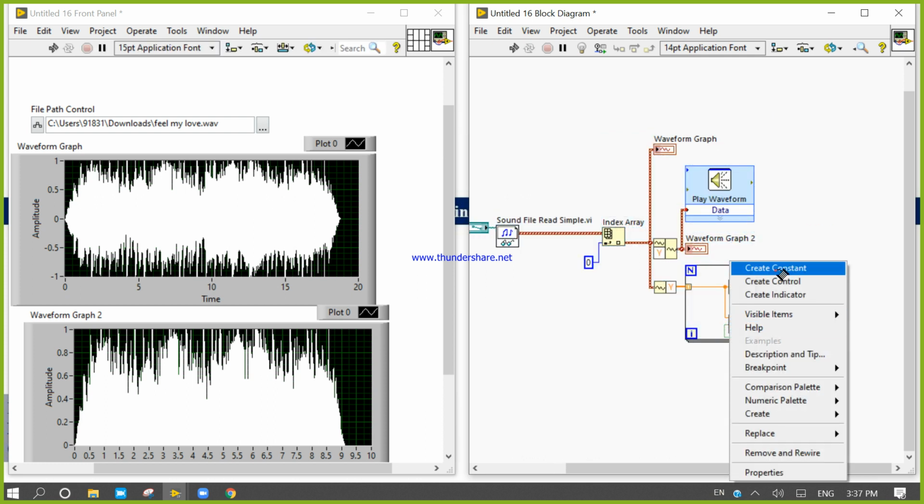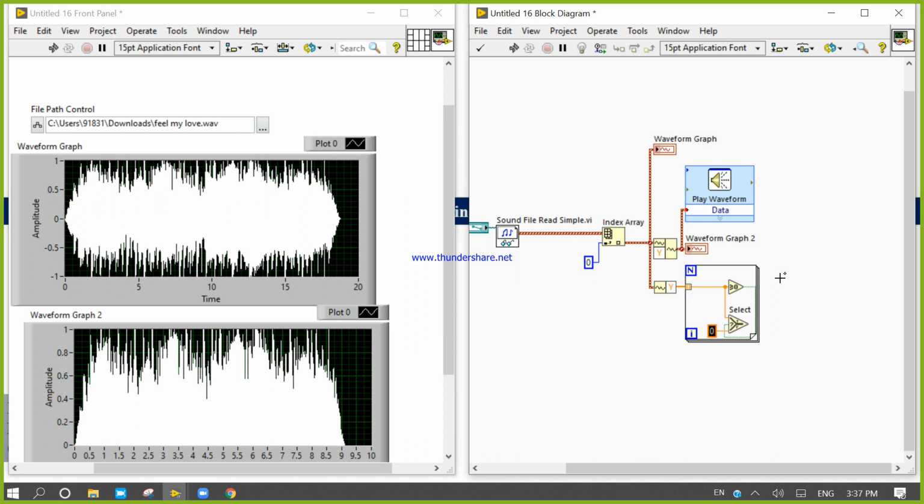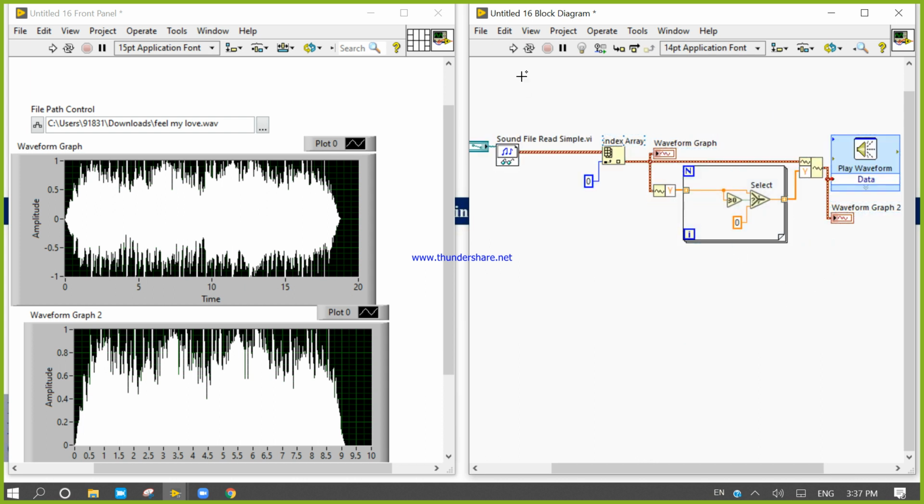I will replace those data which are less than 0 by 0. Then after that, if I make a connection like this, let's check the output. Control A, control U. The program looks like this. Now if I run.